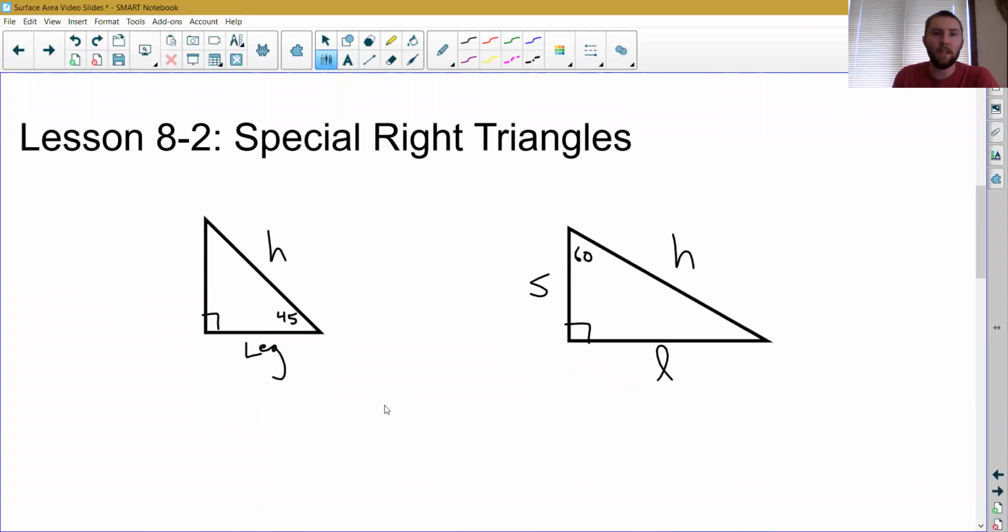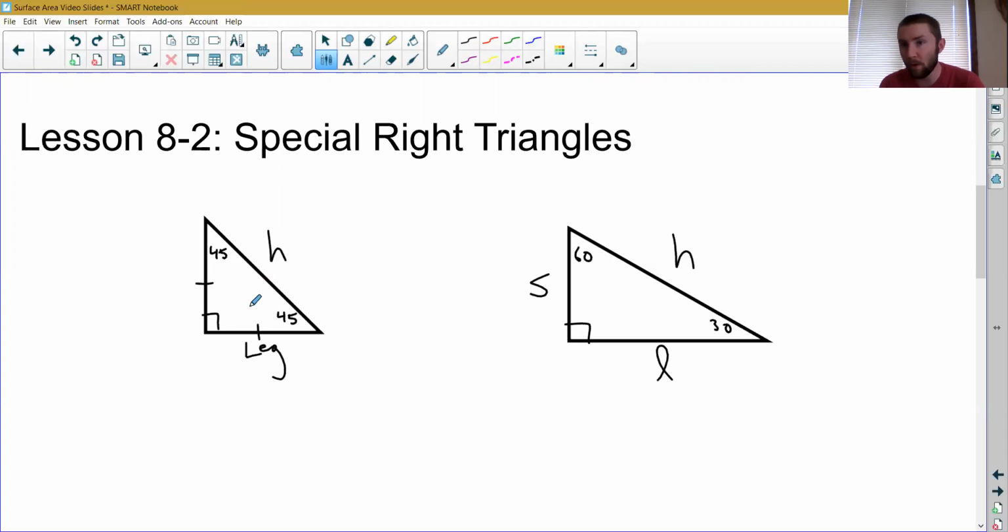Section 2, lesson 8.2 was about special right triangles. So we had 45, 45, 90 triangles, and we also had 30, 60, 90 triangles. And we had formulas for each of these triangles and their side lengths, okay? Specifically how the hypotenuse was related to the 2 legs. In a 45, 45, 90 triangle, it's important to remember that both of our legs are congruent to each other,